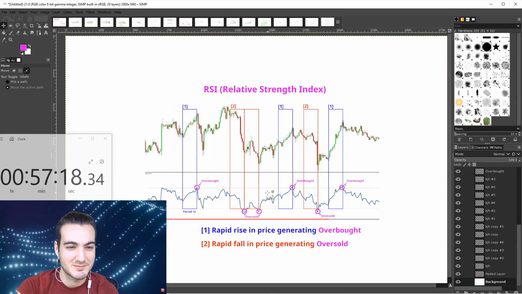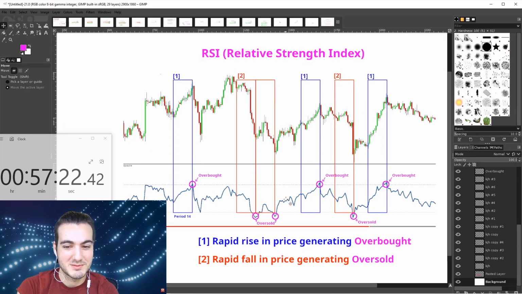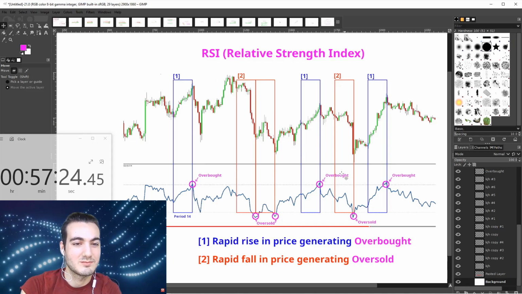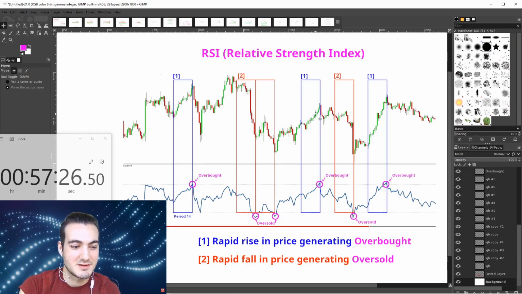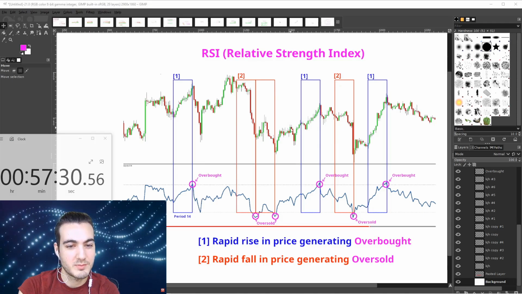I think we've all probably heard of the RSI, so I won't go into it too much, but I'm glad I took the time to do this to refresh myself. Okay, so back to the